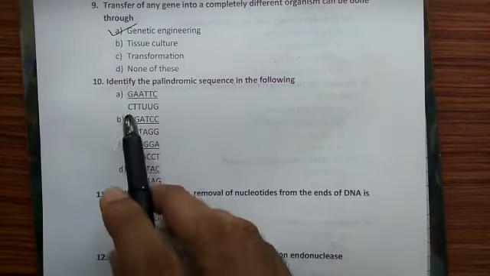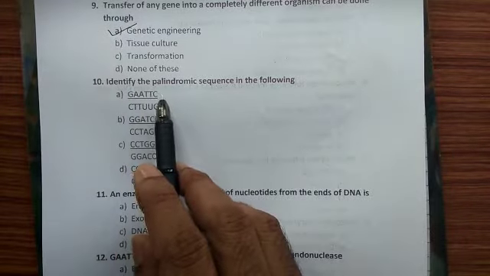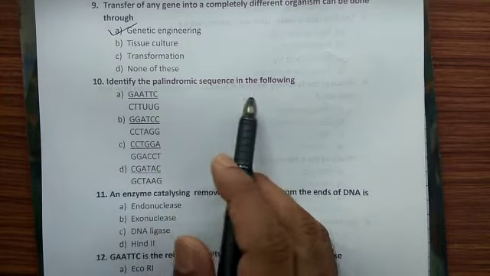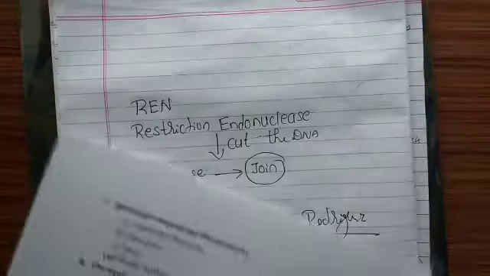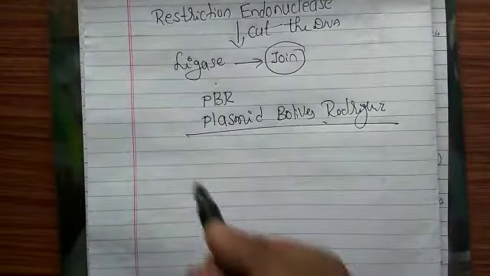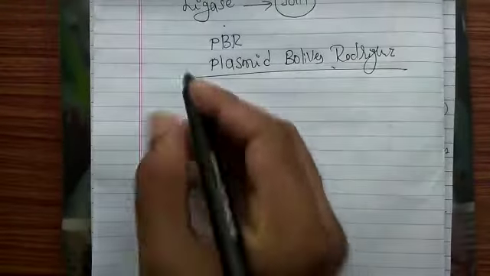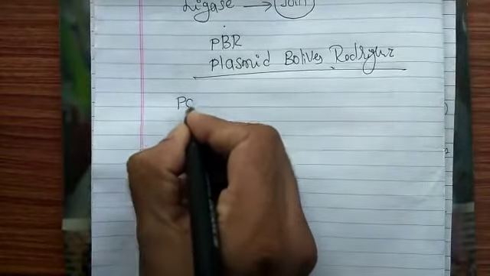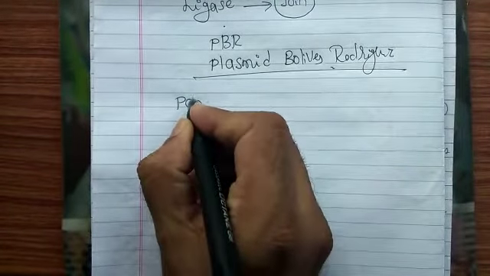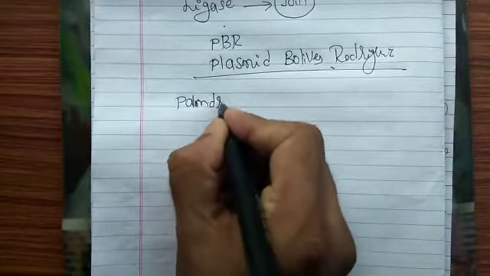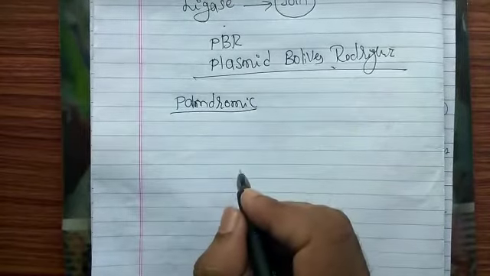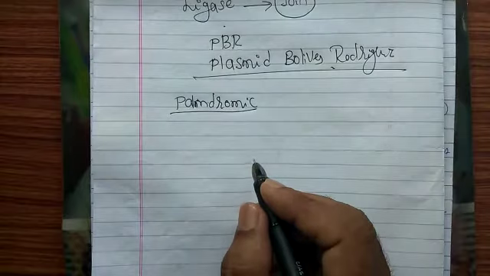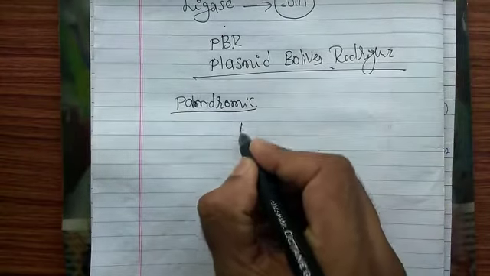Next is the 10th question. Identify the palindromic sequence in the following. Palindromic sequence, what is that? Palindrome or palindromic sequence. Palindrome means if you read from any side, it should be the same, like madam,